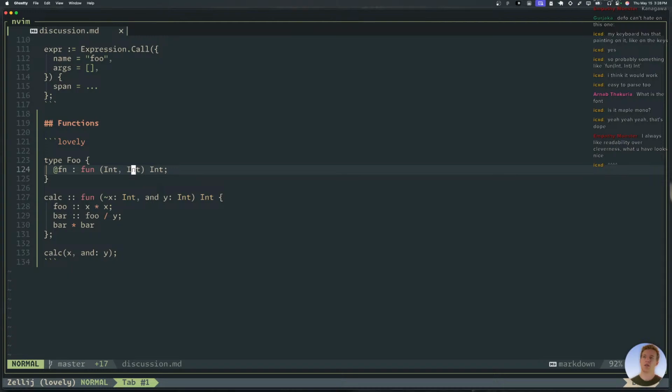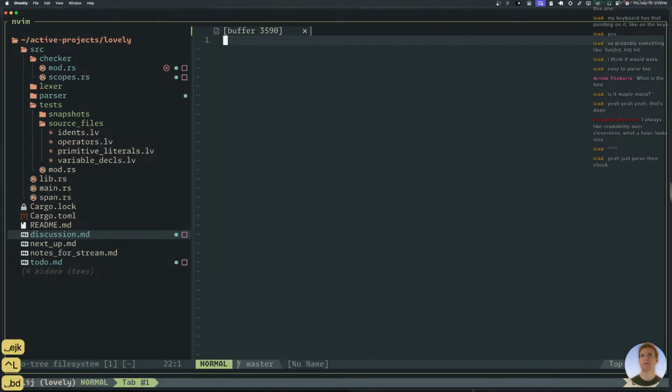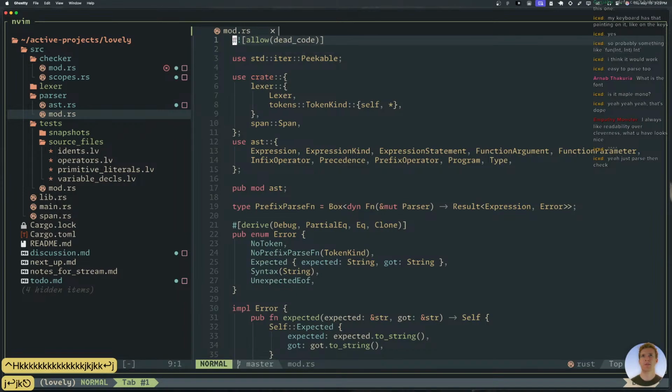All right, well, we need to go back a few steps and pipe this through the lexer. Well, it should already lex, right? This is just the fun keyword. And this, yeah. All right, so it'll already lex, but we need to parse it. Yeah, just parse then check. All right, let's do it. So let's jump into our parser mod.